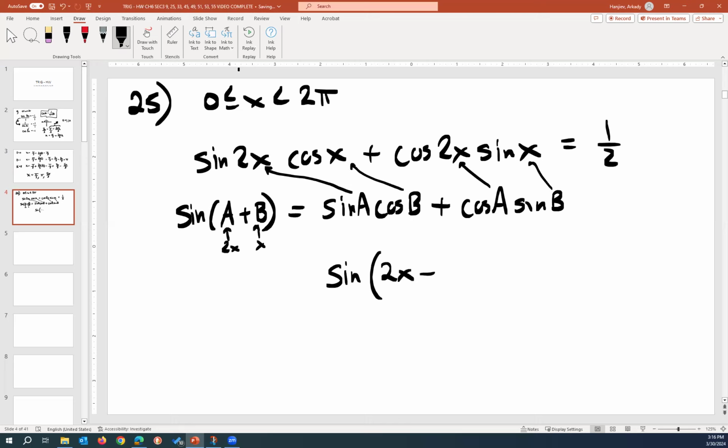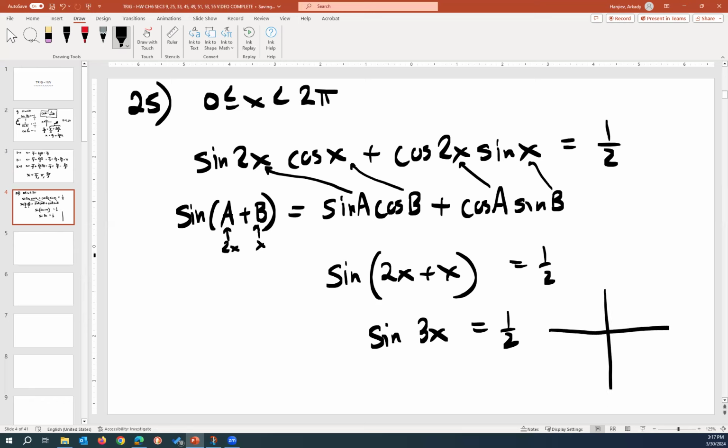So this would be 2x plus x equal to 1/2. So this would be sine of 3x technically equal to 1/2. And let's go with it. There it is. So we're using an identity to get it out of some product stuff that we have here into a single trig function. And then we know how to use multiple angles. So let's go with, when is sine going to give me